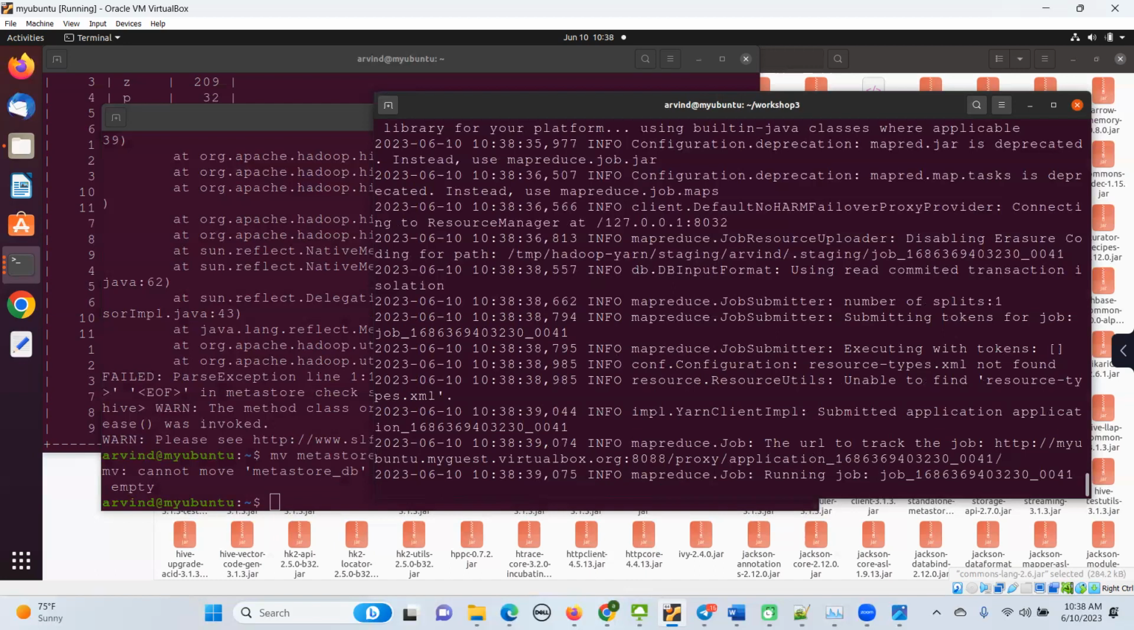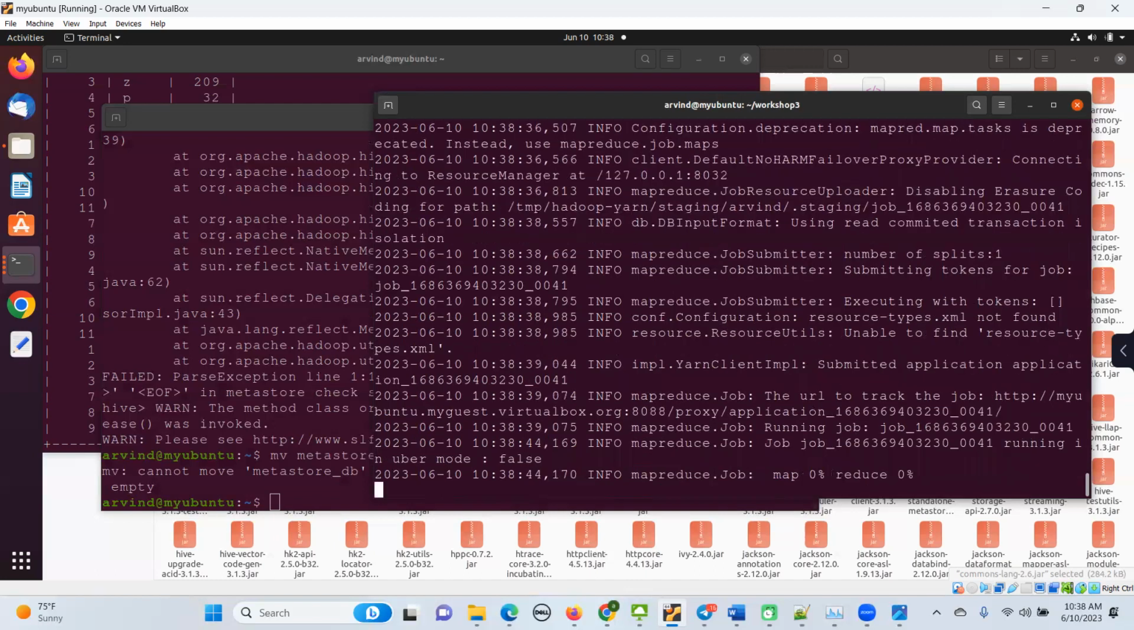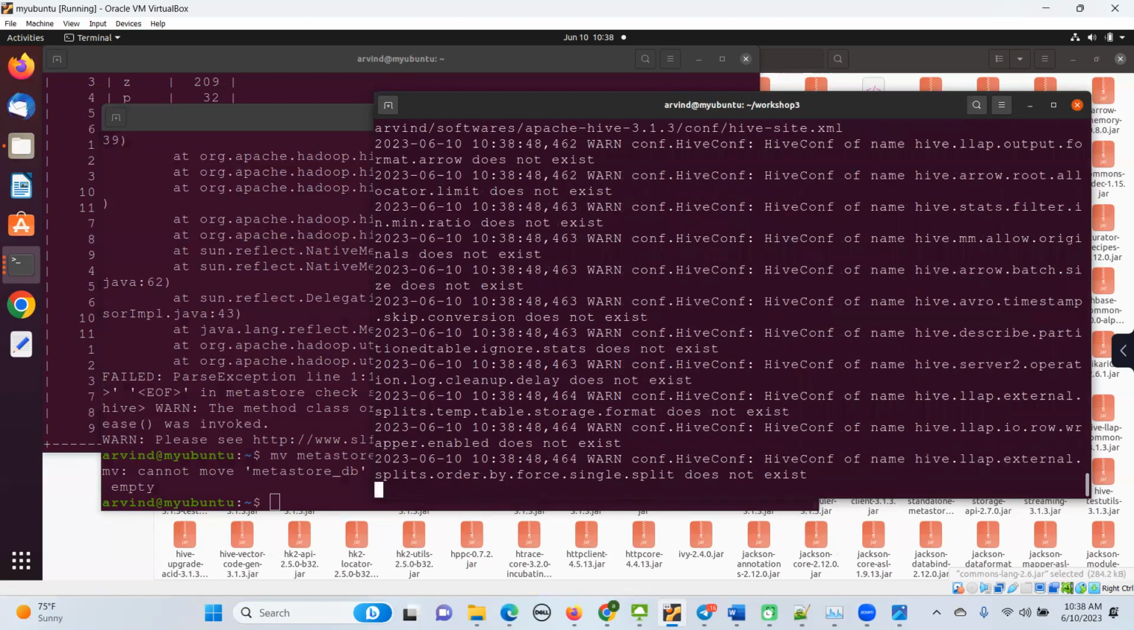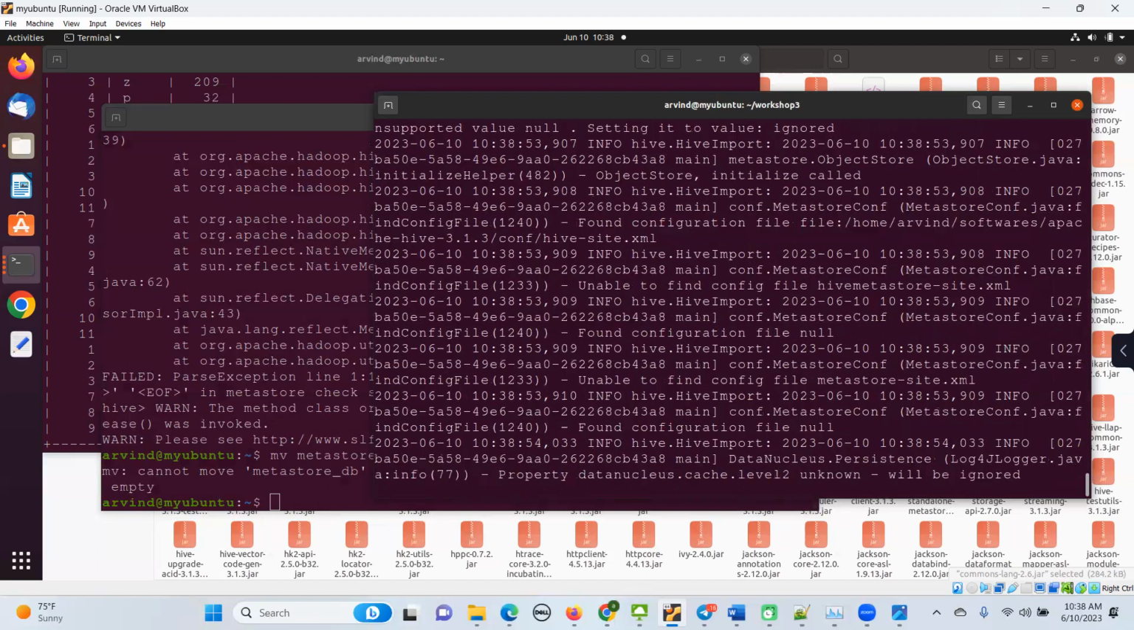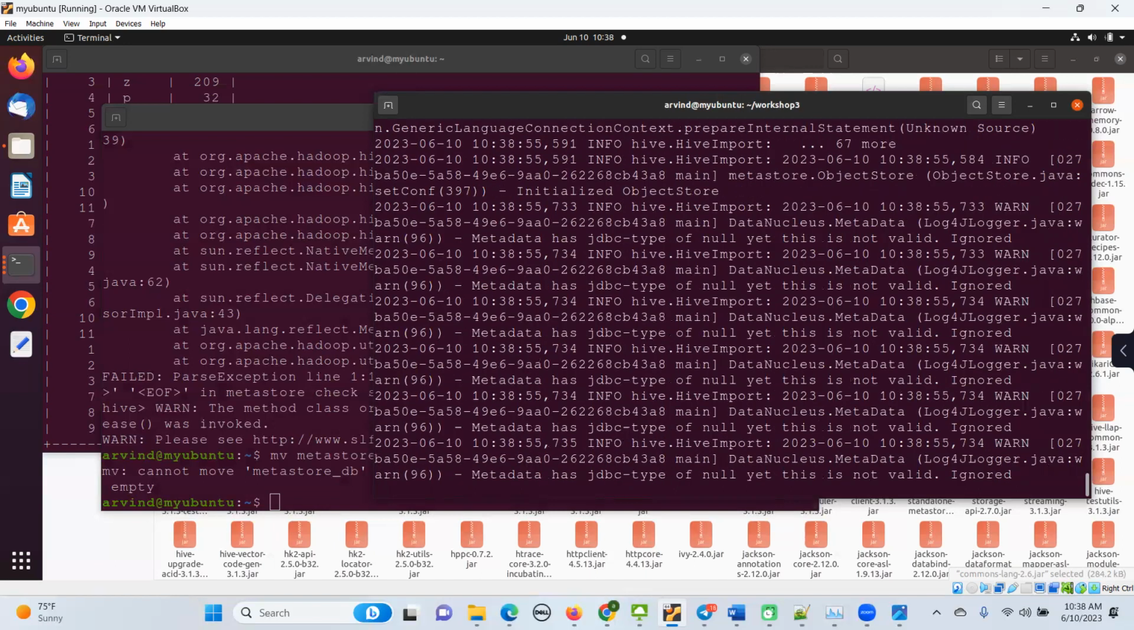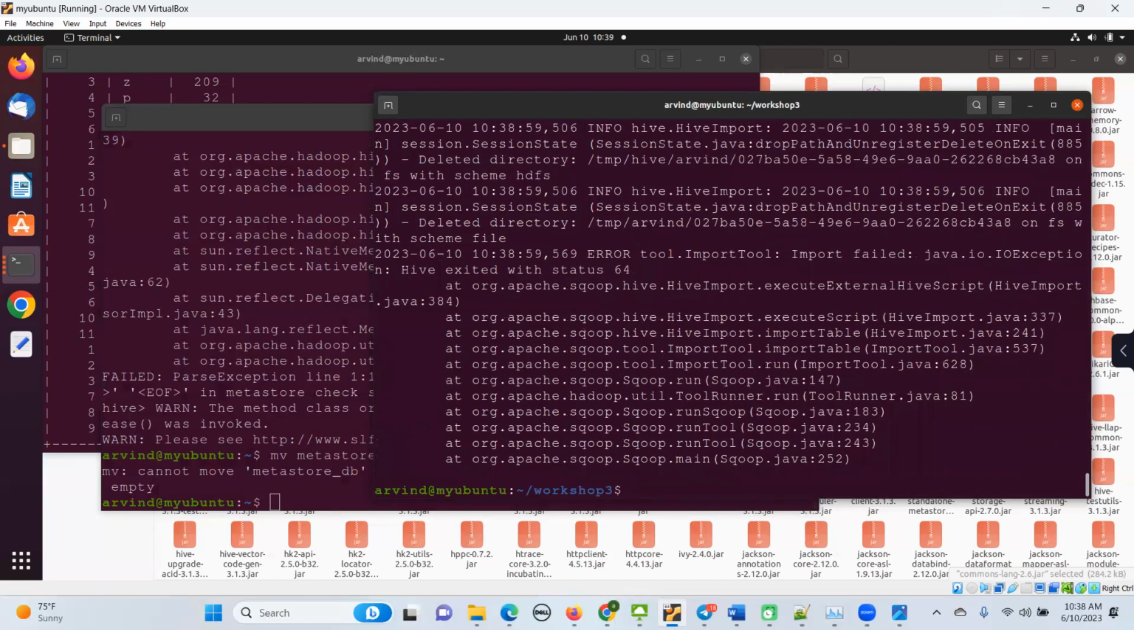So we can sqoop data into a partition table, but only static partition is allowed from sqoop. We cannot do the dynamic partition. Dynamic partition is not allowed. So if you want to do dynamic partition, you can do it in Hive itself. First you load the data into some source table, and from the source table you can do